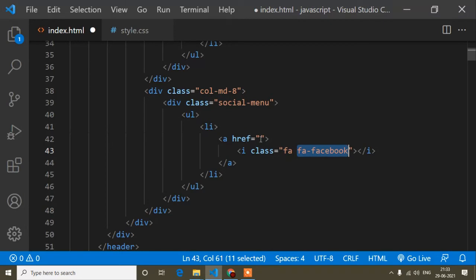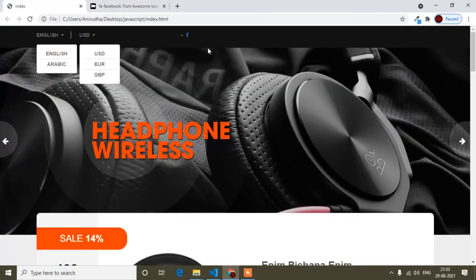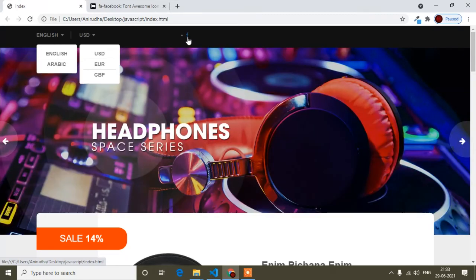First of all I will show you the preview, so it will be clear. You can see this one. When I click this Facebook icon, it will redirect to the Facebook account of the owner of this site, or you can add any other business Facebook account, anything you can add here. That site will be redirected to.